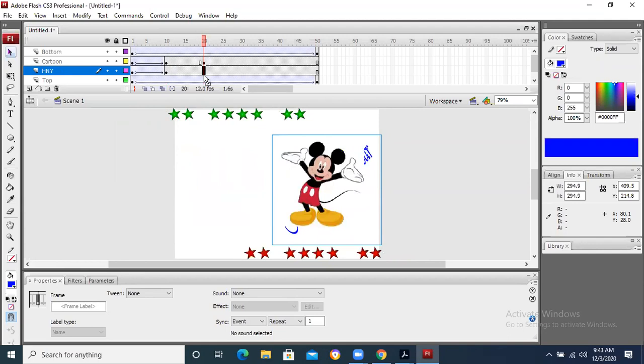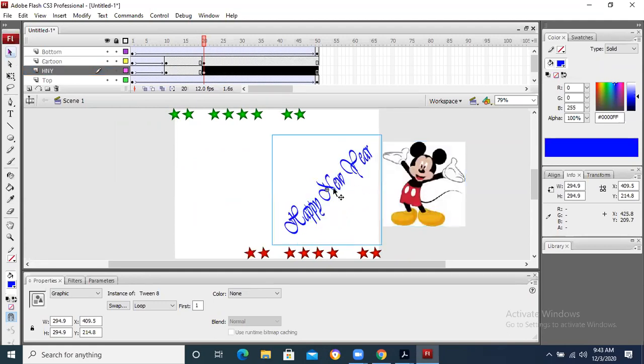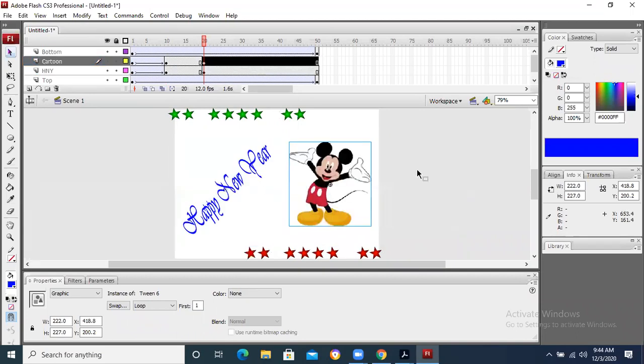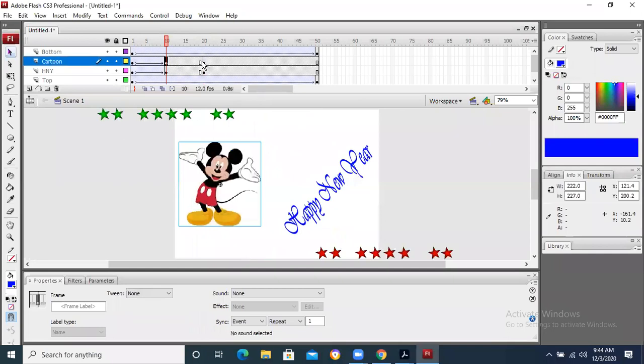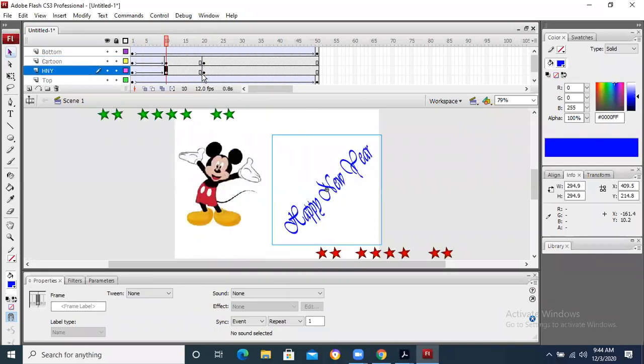I press F6 and I bring this Happy New Year from this position, sorry, from this position to this position. See and check again. If you see over here, that cartoon character is over here and it is coming here. Happy New Year is over here and it is coming over here.